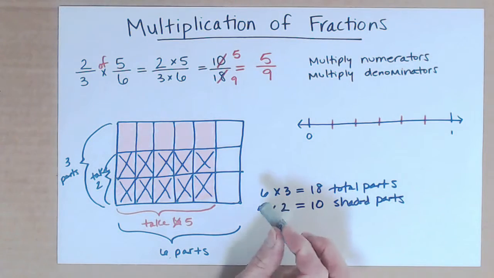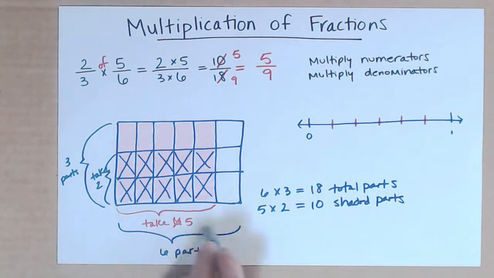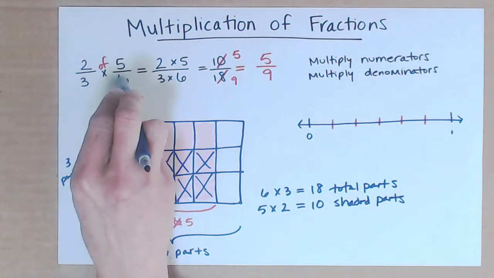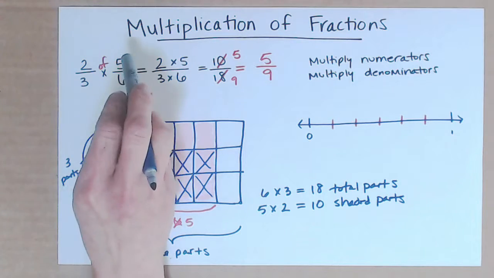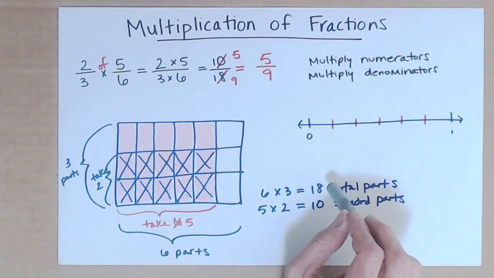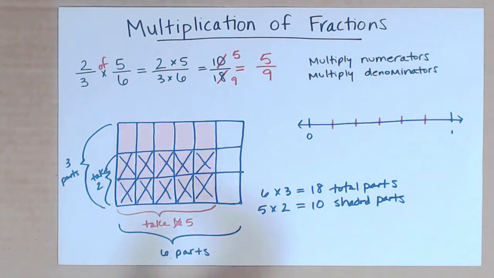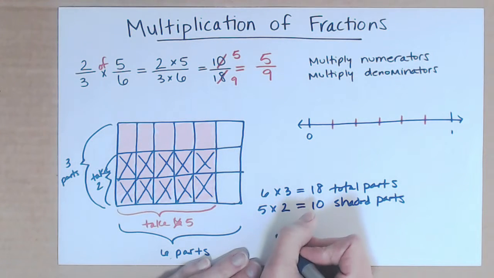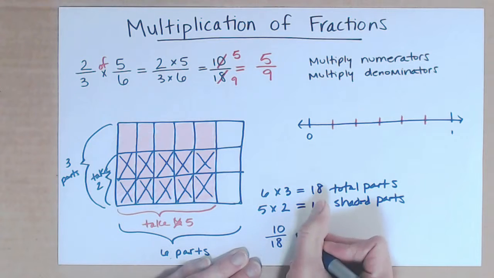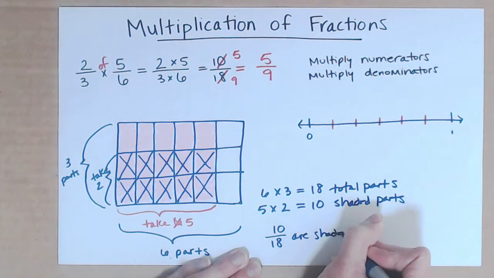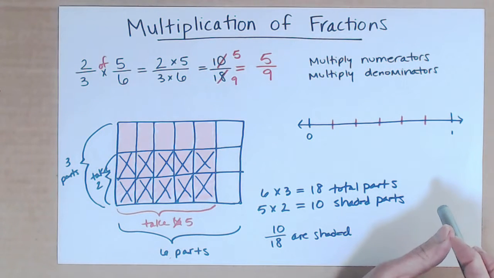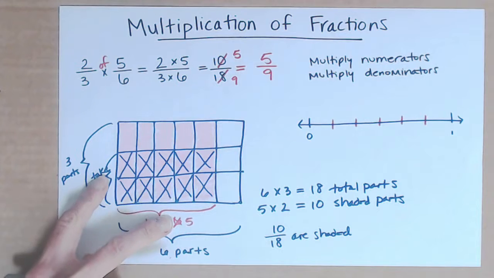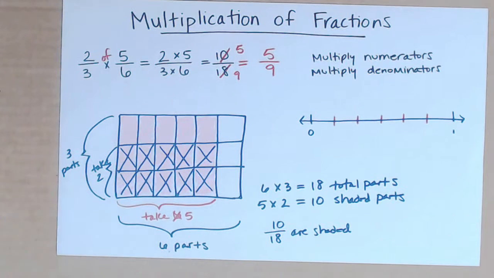So what you see is we just found 6 times 3, that is the denominator times the denominator, gives us the total parts. And then the 5 times 2, that is the numerator times the numerator, which gives us the shaded parts. So we end up with a fraction of 10 out of 18 shaded. And that's the same answer we got up here just by multiplying numerators, multiplying denominators. And now you could simplify that